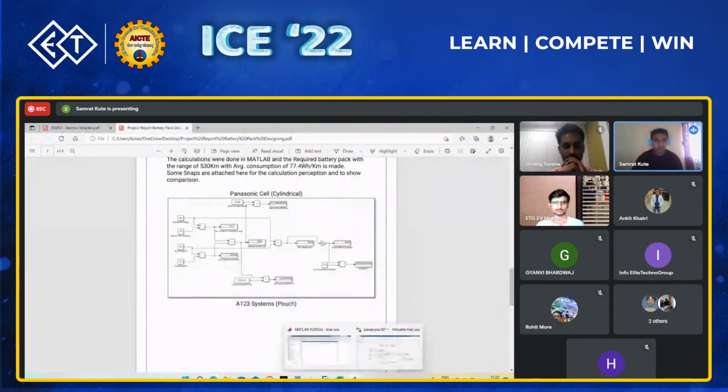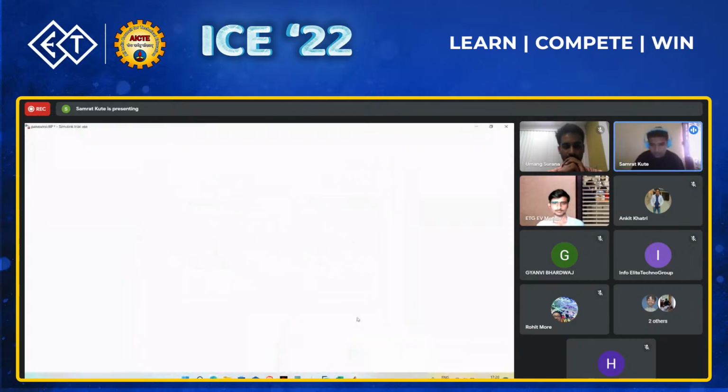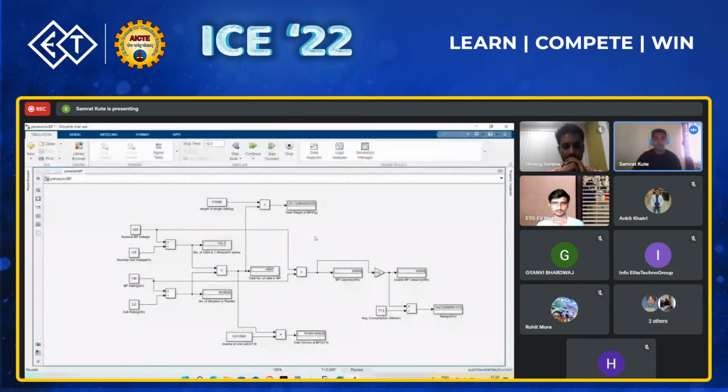Actually, I can show this here. It is a simple model. After the rough calculation I have done, I put my specification here and directly calculated the requirement, and we get more range than what we required. We got our range more than that actually. And the number of cells which are required